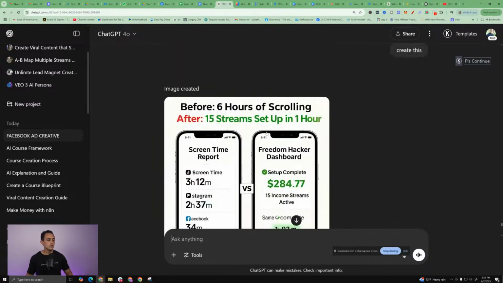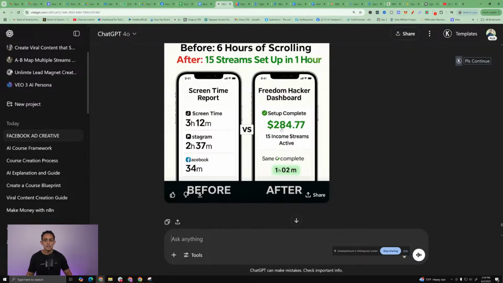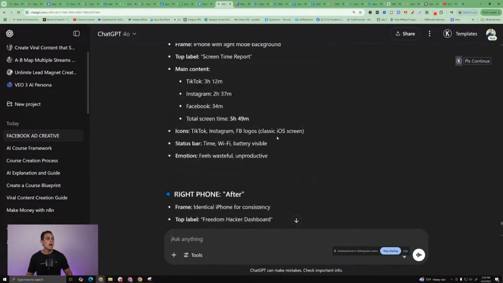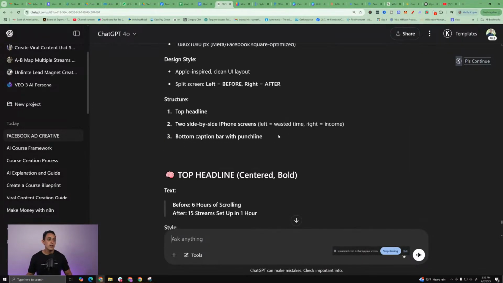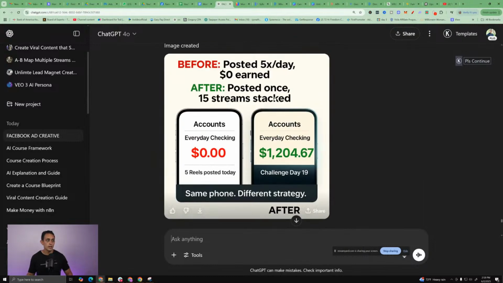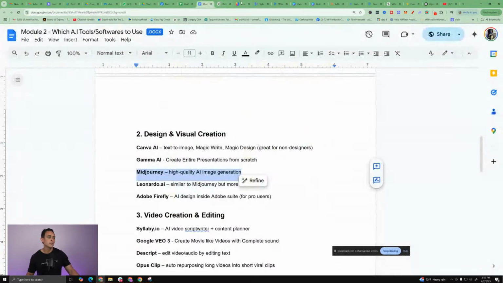Here we go. As you can see, I created all these in ChatGPT. Technically, I don't really need Midjourney, since I'm using ChatGPT to create a lot of these images for me, and they look pretty good. But if you want more artistic, really cool looking images, that's what Midjourney is for. Definitely a cool one, and probably one of the best out there.